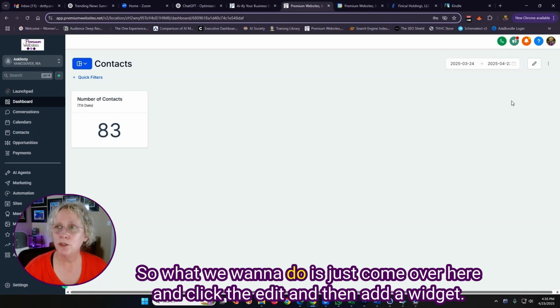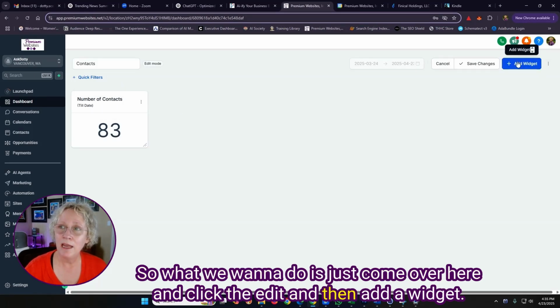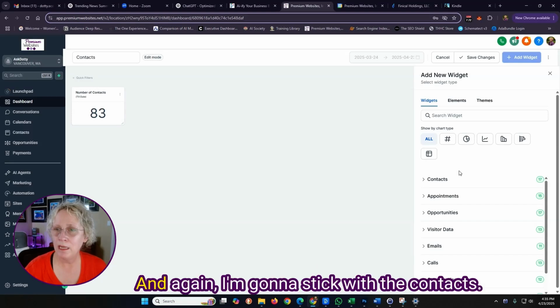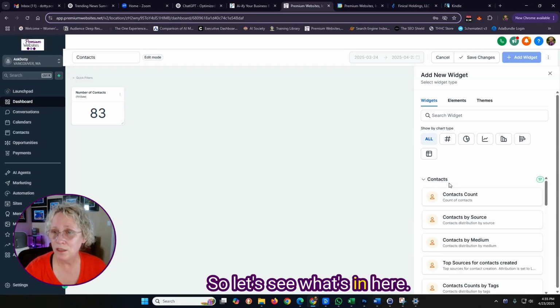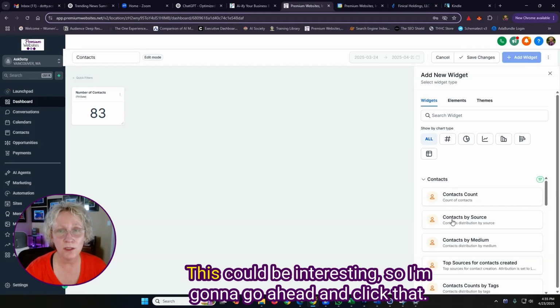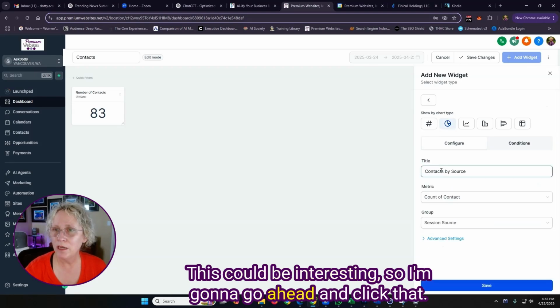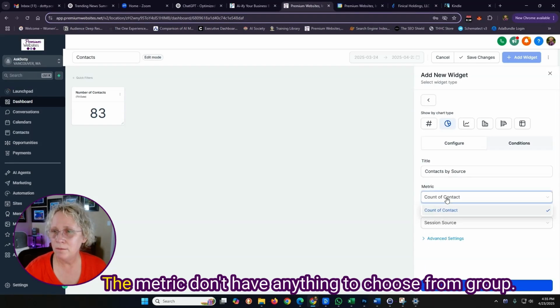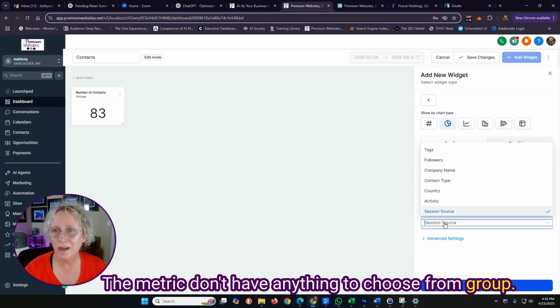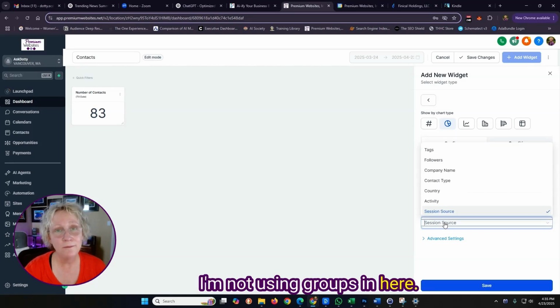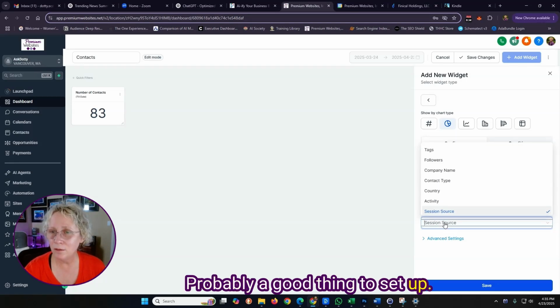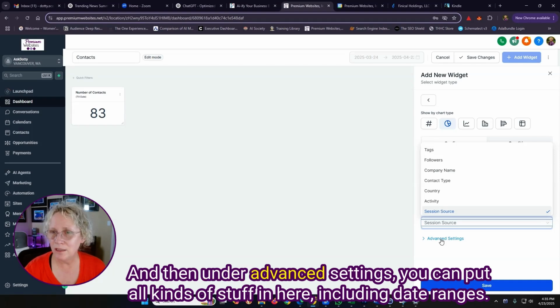So what we want to do is just come over here and click the edit and then add a widget. And again, I'm going to stick with the contacts. So let's see what's in here. Contacts by source. This could be interesting. So I'm going to go ahead and click that. The metric, don't have anything to choose from. Group, I'm not using groups in here. Probably a good thing to set up. And then under advanced settings,